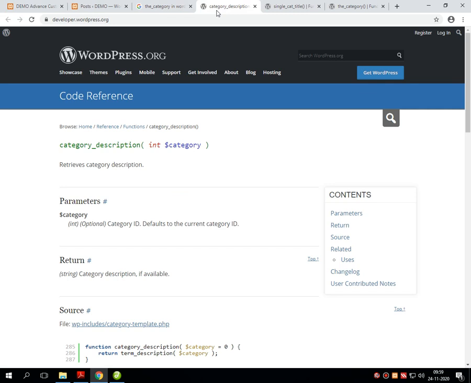As you can see in the theoretical part, category_description contains one parameter value, and the theory is very simple.